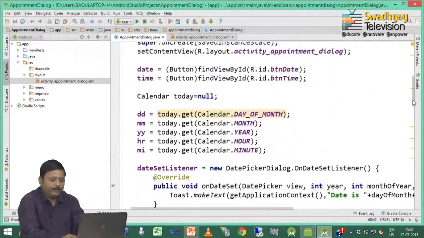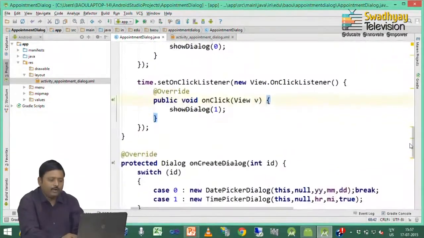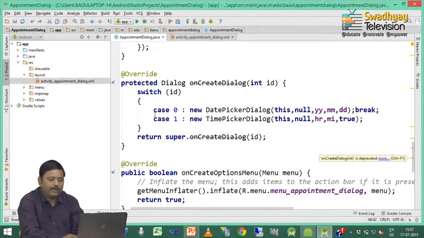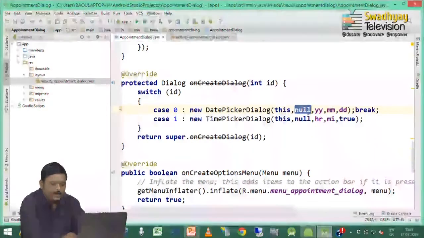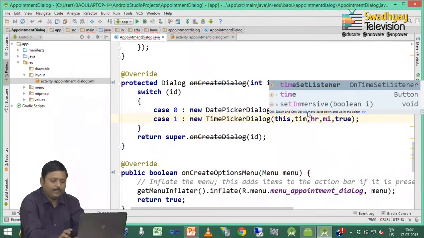Once again I need to explain. First we created an instance of calendar to fetch the initial value. In the onClick method we call the showDialog method, which actually calls this onCreateDialog. If id is 0, then we create the date picker dialog, and now this null is represented by dateSetListener, and this null is represented by timeSetListener.